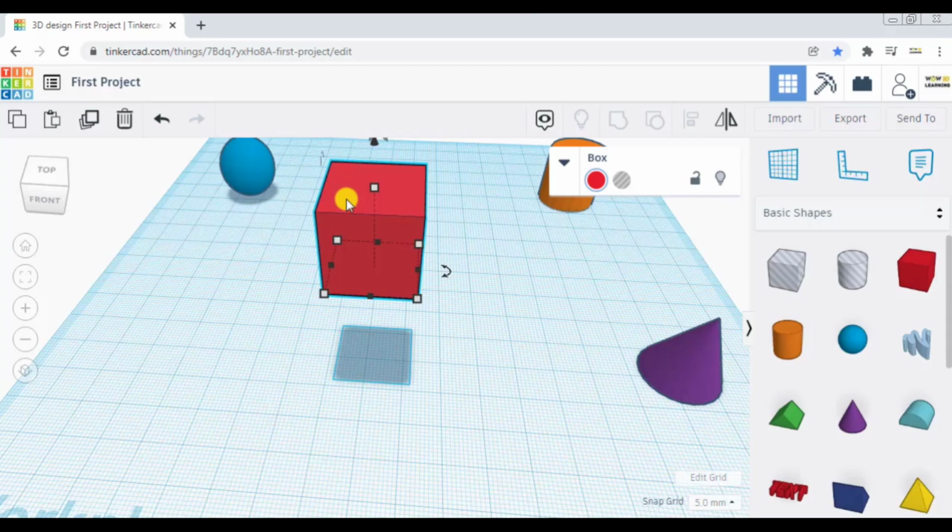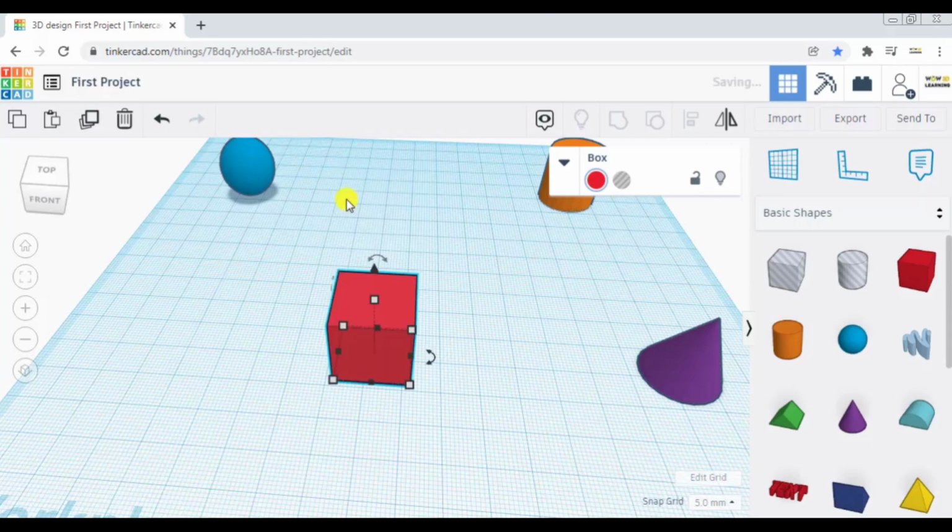Now if I click on this object and press D on the keyboard, the object will fall back onto the work plane. Because for 3D printing you have to ensure at the end of your project all the objects are lying on the bed where you have to print. So you have to ensure all the objects are touching the bed here before you give the command for 3D printing, we will see that later.